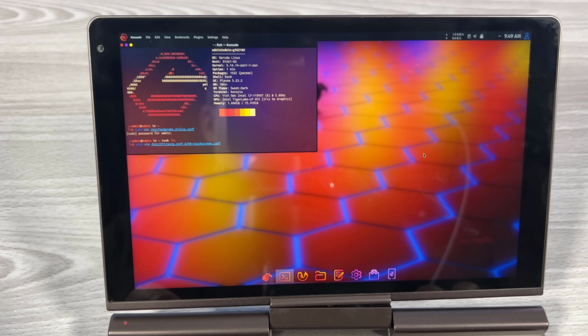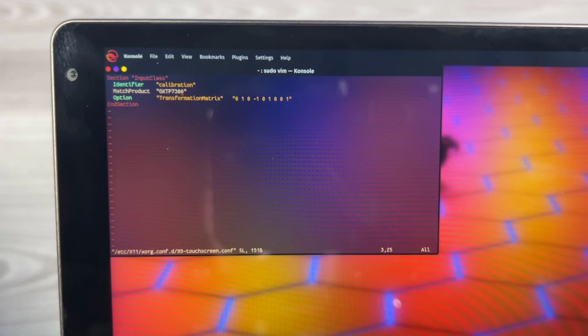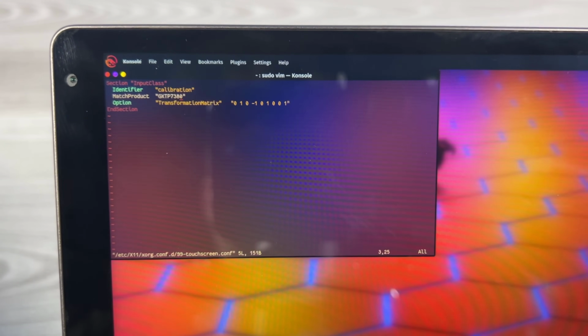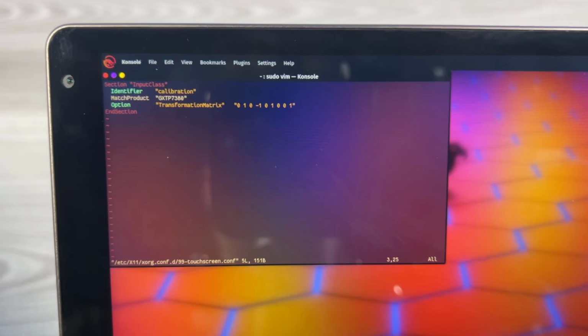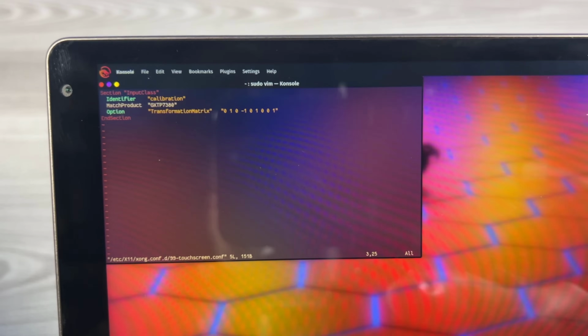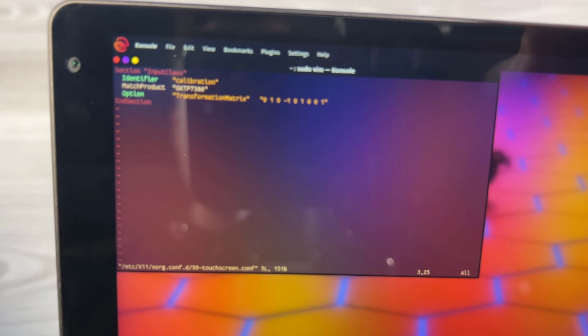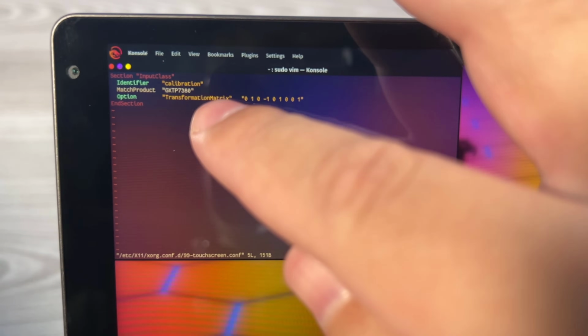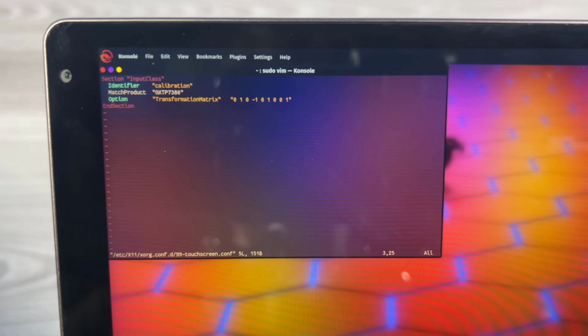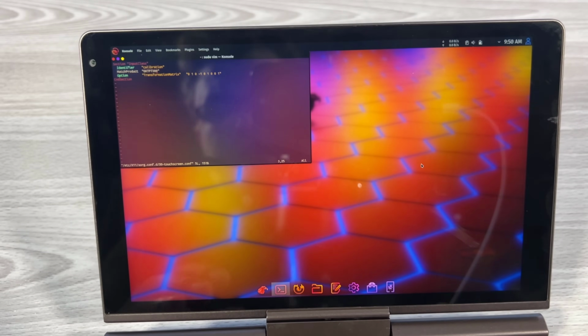for the touchscreen as well as the pen, it's kind of in here as well, but you have to install another module as well. So these are the arguments I have to enter, but the most important part, and this is similar to other GPD products, is that you'd always put the Goodix digitizer here. Because there is a different digitizer here, you have to match the product name with that. So I will have the exact string for you guys to copy here. Once you have that, it's basically the same. You just need to